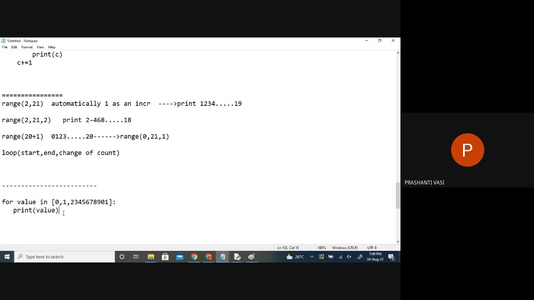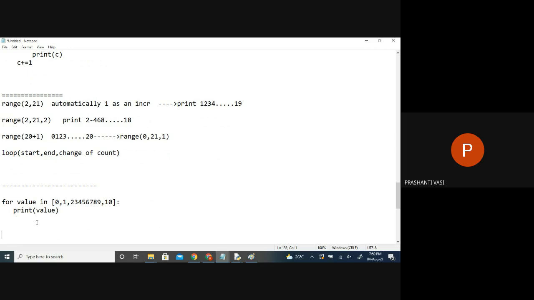When you do this, the value 0 is printed. Now after printing it, the cursor will move to the next number automatically. Then 1 is printed, then the cursor will move to the next number. Like this, it will automatically check whether a number is there or not, and automatically stop at the last number, because after that there is no data. So it will print 0 to 10, all the numbers.